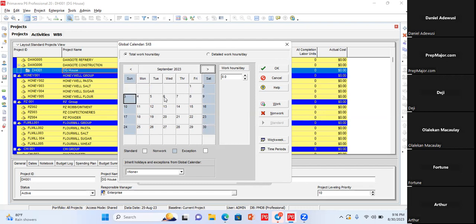Do the same thing. You'll see all has changed to 8 hours. That's the easiest way to do it. Right? Those calendars changed to 8 hours. Once you've created that, what we want to do in 2023 is